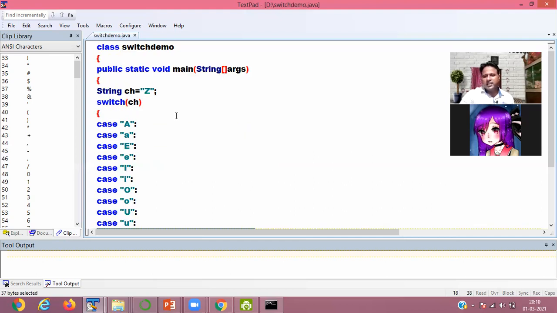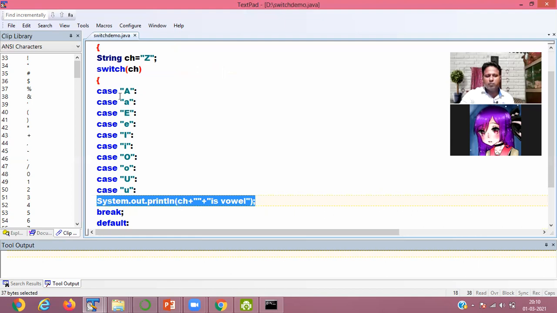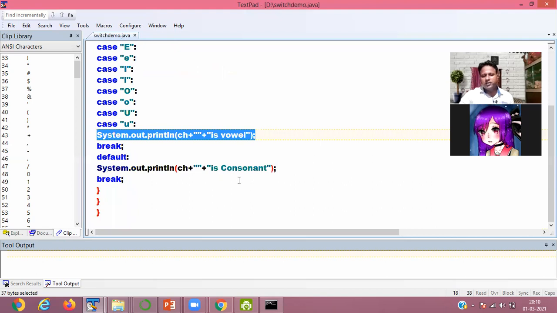So initially I have passed string ch equals z. So when I pass here z, your z is not matched with any case statement. Okay, so it displays here, it is a consonant.